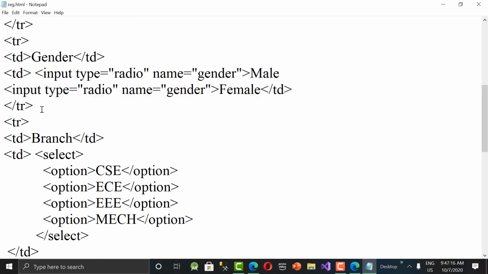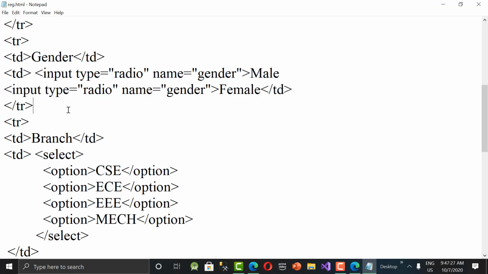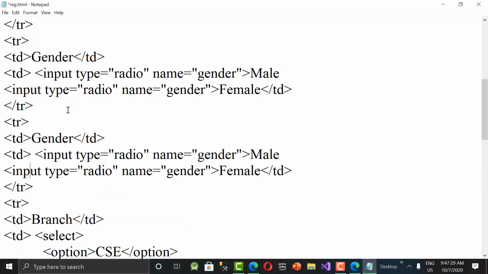Take one more row, paste it. Here I said hobbies. Of course, it's not the right place, but I'm giving it. Hobbies, input type is equal to checkbox. Name itself hobbies.